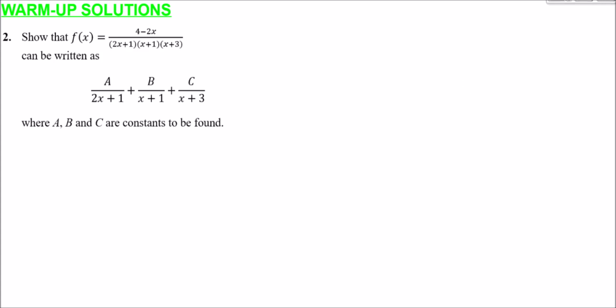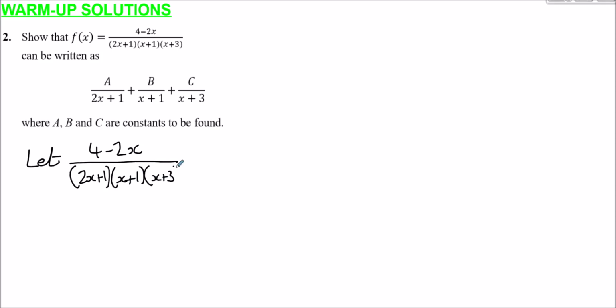So we need to show that f of x, which is 4 minus 2x over (2x plus 1)(x plus 1)(x plus 3), can be written in partial fraction form, where a, b and c are constants to be found. So what we need to do here, first of all, is just say f of x, which is this, equals that, where we can solve it. So let, first of all, 4 minus 2x all over 2x plus 1, x plus 1,